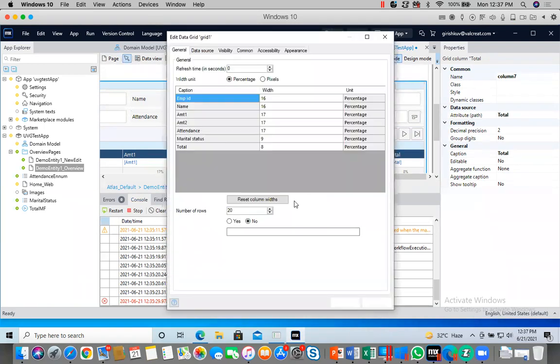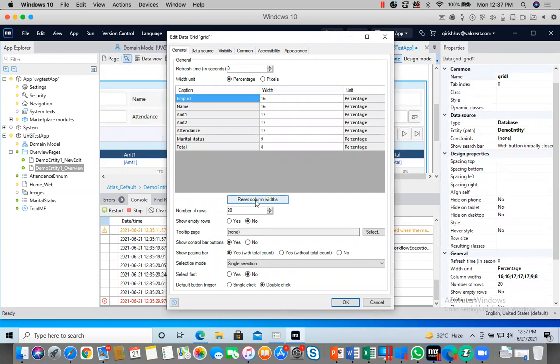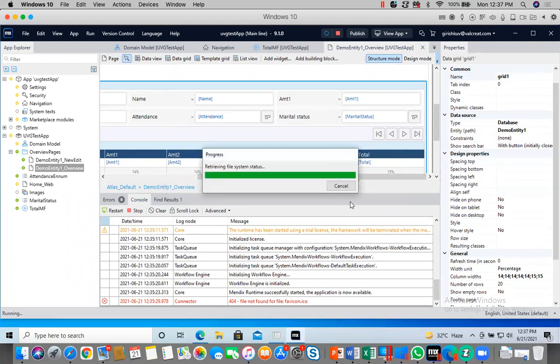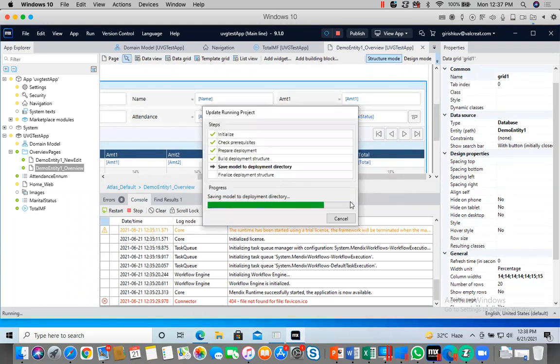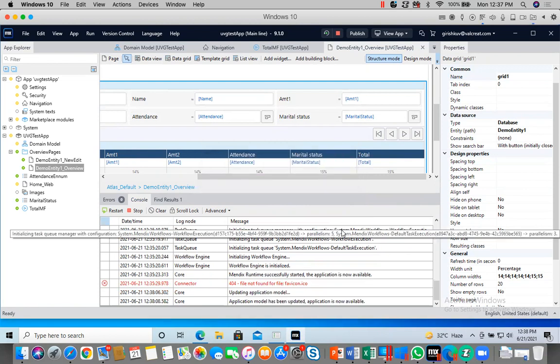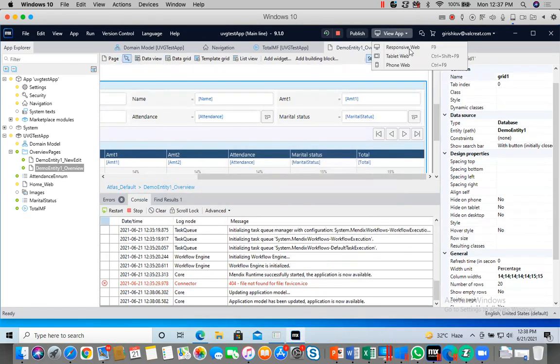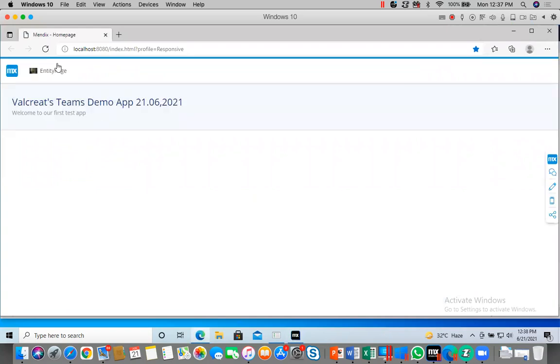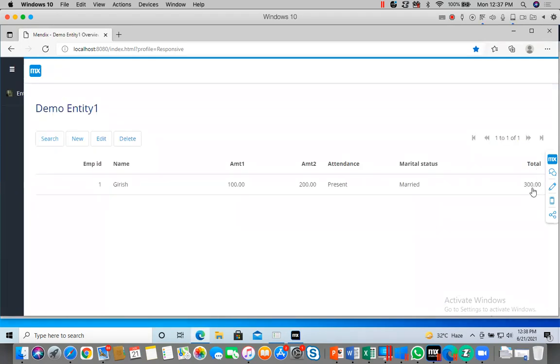Now I want to adjust all the columns to the same size, reset column width. See total. 100 plus 200, 300.